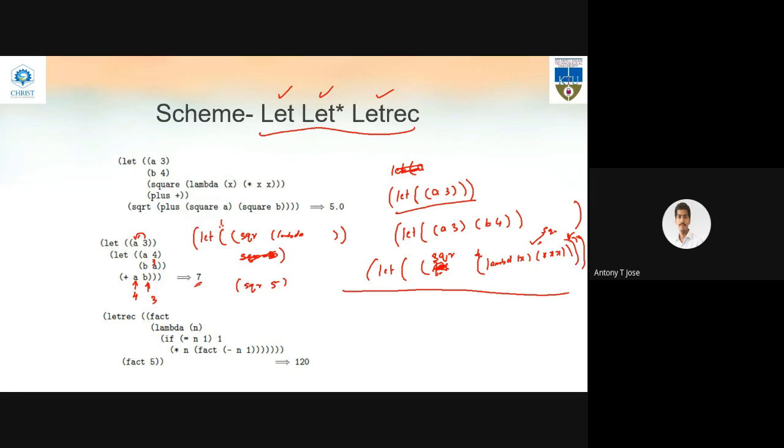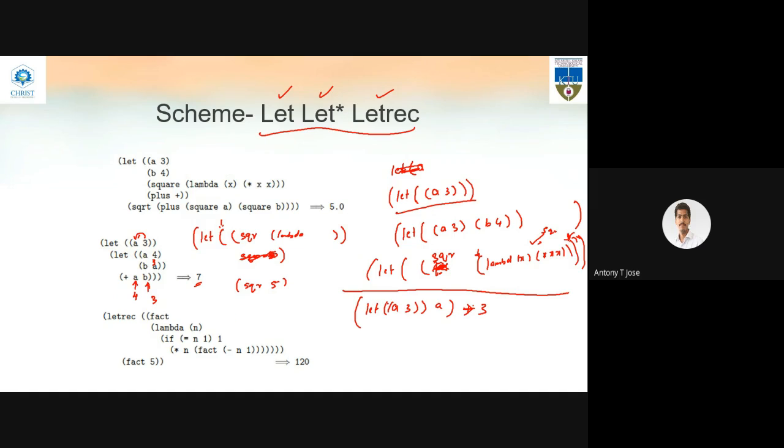Okay. I know that many of you will be having a doubt. So listen here. I'll be explaining it again. When I am using let, I am using let a equal to 3. This is how I'll be using it. And here I can use a. If I am using a here, what output will we get? We will get output as 3